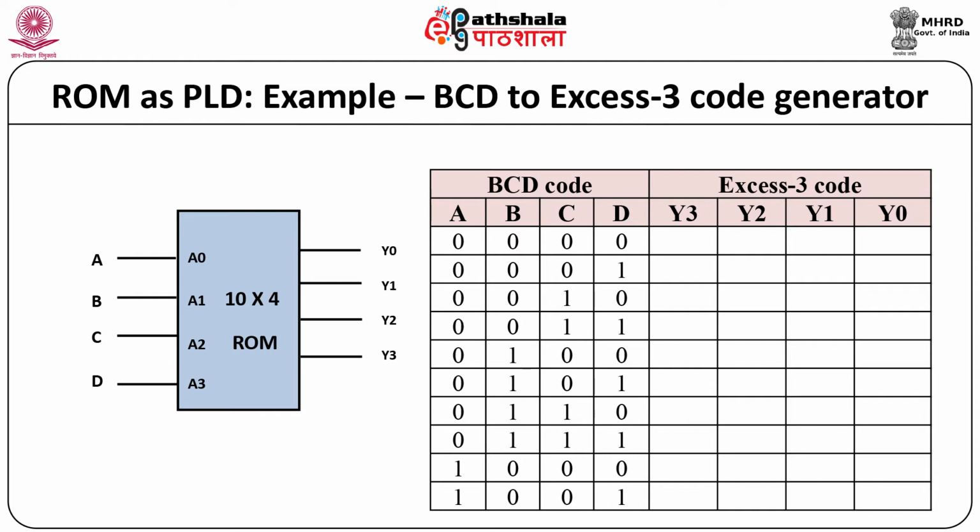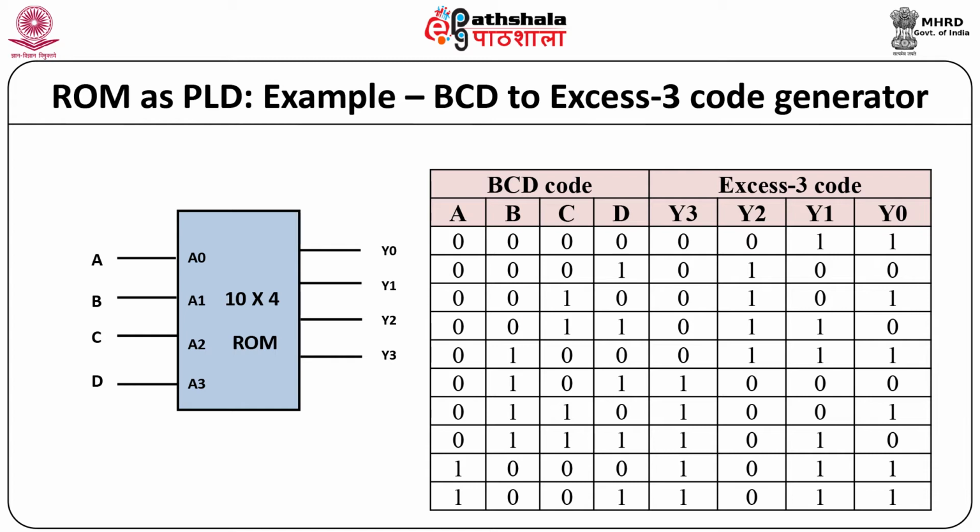Let us start with a BCD number which is represented by 4 bits and a 4-bit XS3 code as outputs of the combinational circuit. First step is to prepare the truth table for this code converter. Let us consider the numbers represented by ABCD provides the input BCD code and Y0, Y1, Y2, Y3 provides the output XS3 code. Let us consider the BCD number